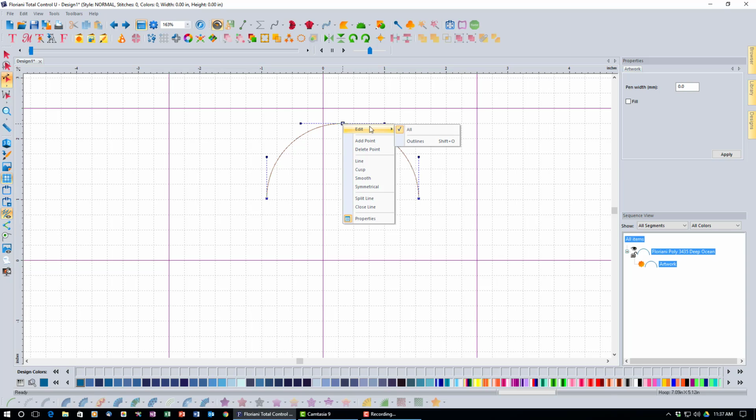Now all we have here right now is outlines, so that's my only selection, and it would be the same as all. But when I had stitches, I'd have other things in here, and we will see that when we get into working with modifying stitches. I can also close a line here, so if I click close line, it's going to make a closed shape